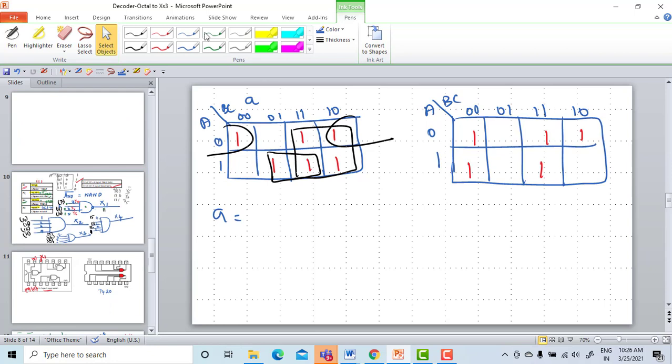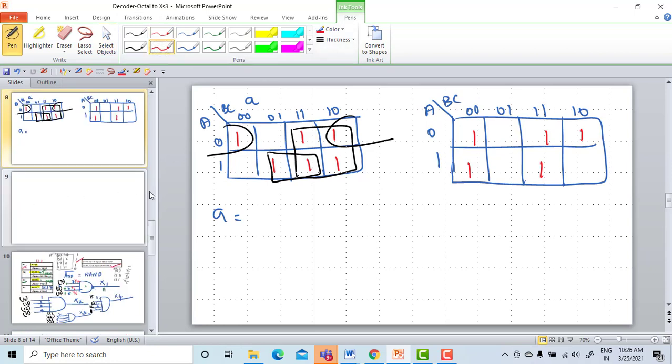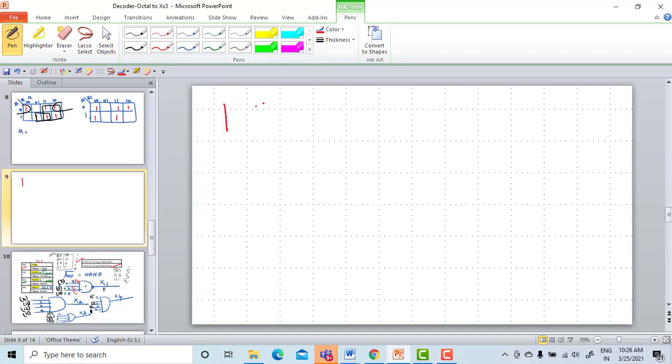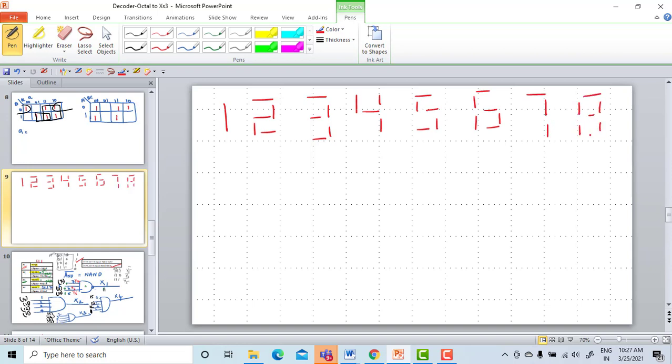Other than the numbers 1, 2, 3, 4, 5, 6, 7, 8, it can display like this. It's a single LED chip, right? 9,